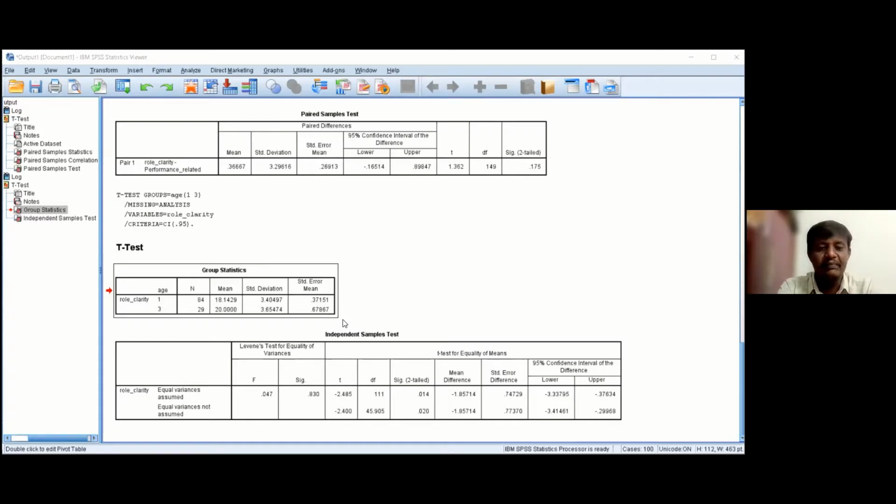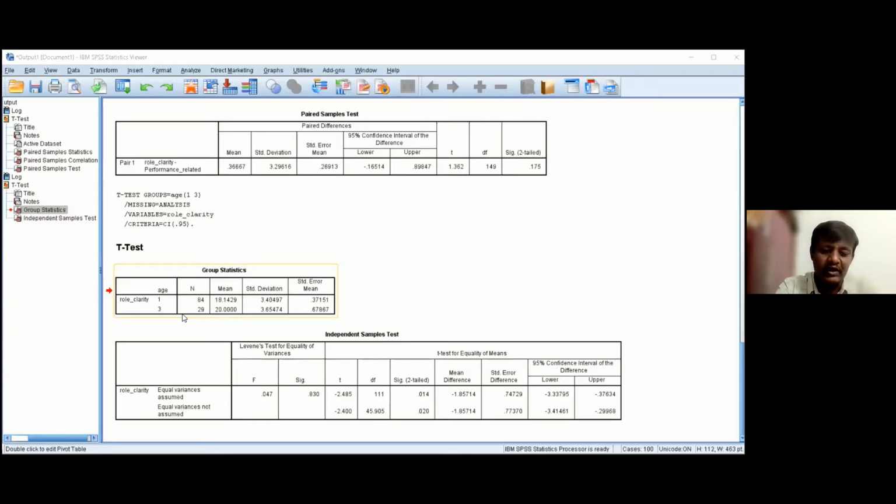One more thing we need to consider while applying this independent samples t-test is that the nominal variable, whatever we select, should have only two groups. If you have more than two groups, as in our case, we have considered an age group, and age group has three groups, so we cannot apply it for this age group.